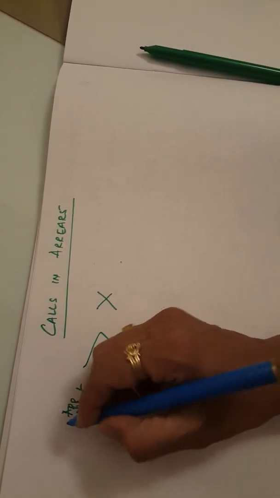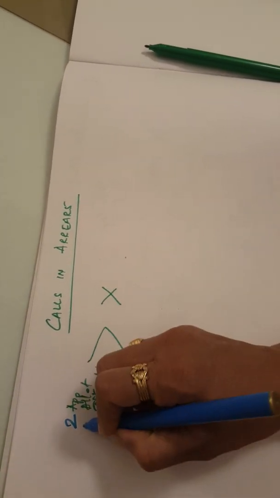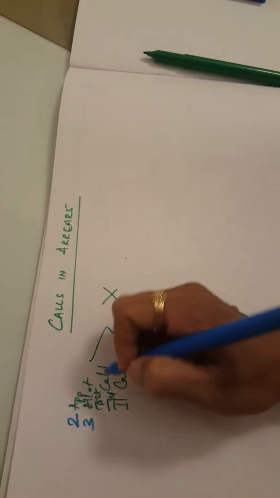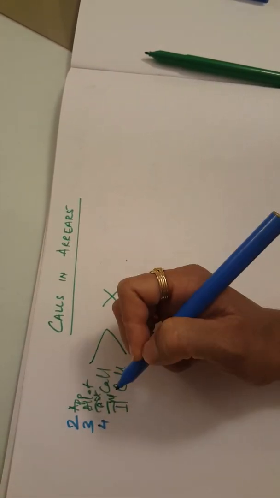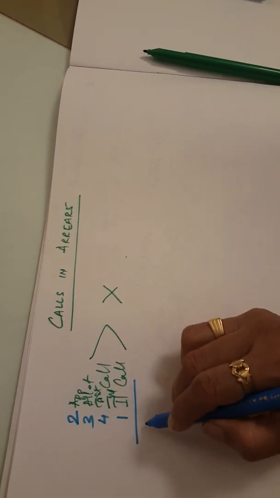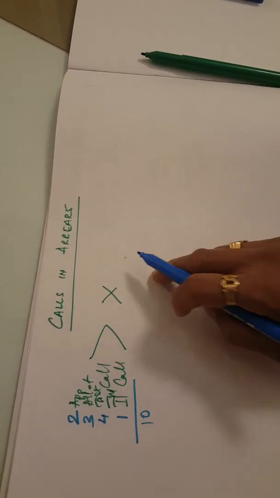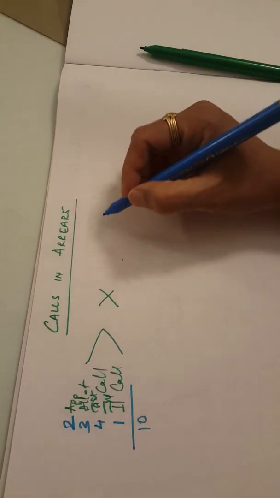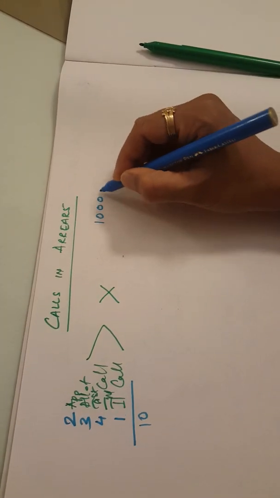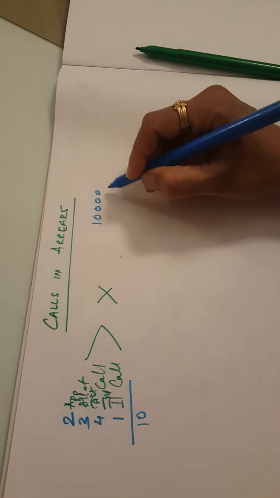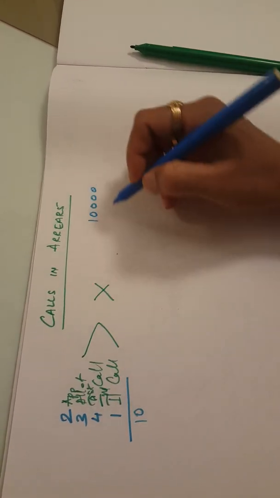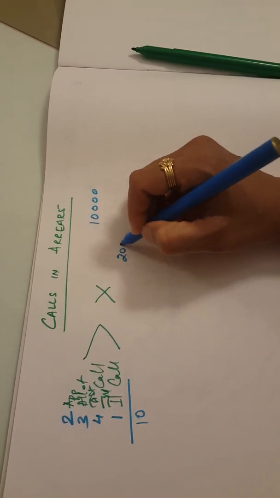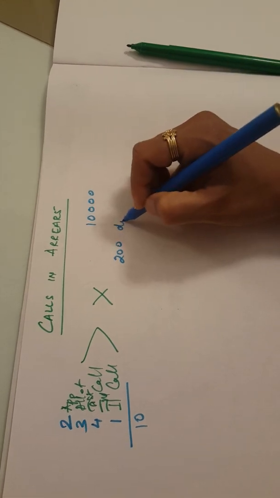For example, if application is 2 rupees, allotment is 3, first call is 4, and the final call is 1. So here the total amount of 10 rupees should be received by the company, and the company has issued 10,000 shares. So in this case, supposing one person who has 200 shares does not pay,